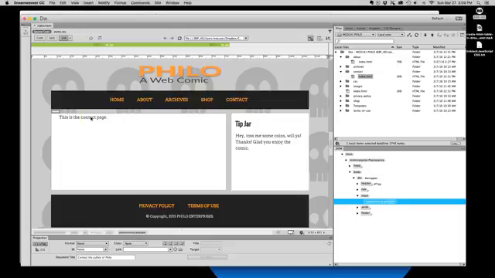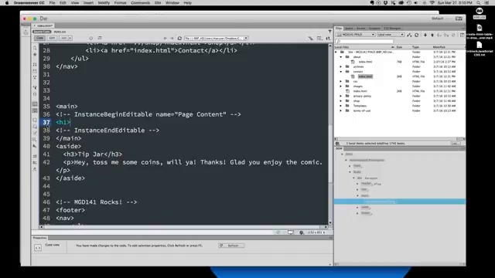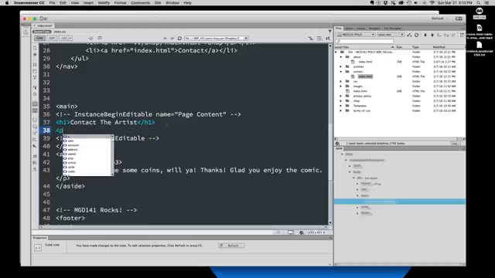And maybe, let's see, if we go ahead and go into the code view here, we could add an H1 tag here. And maybe this will be contact the artist. And then we can have some information on the contact page. In this case, we can have to contact the artist,